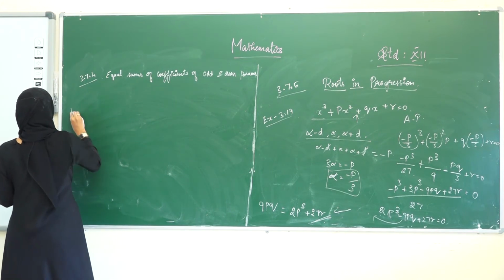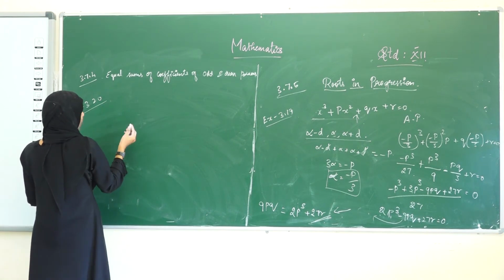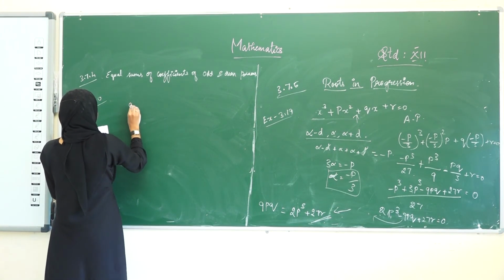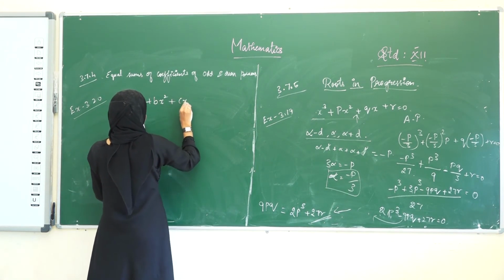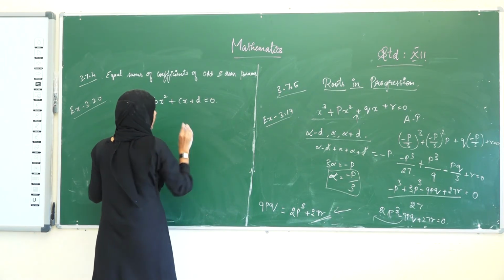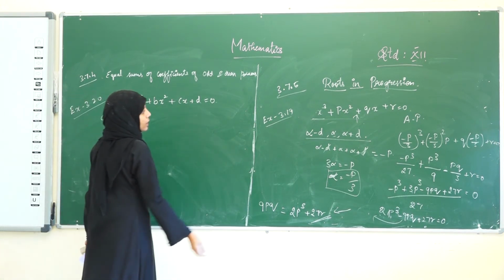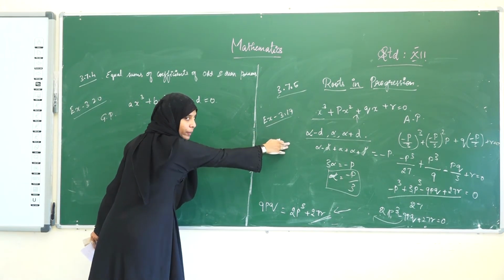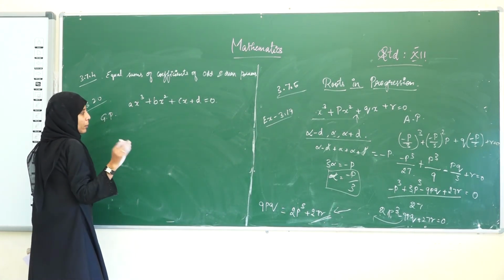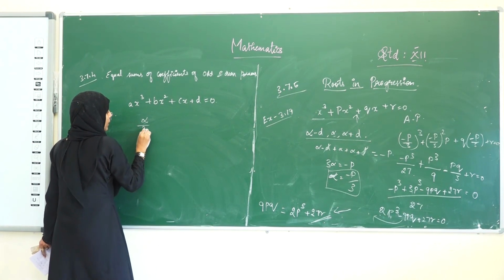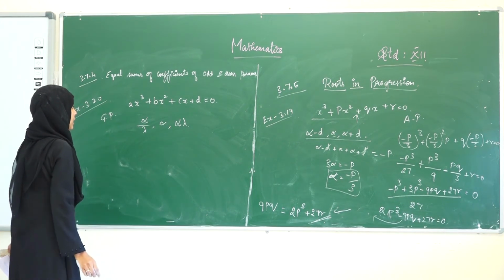See, the next example they have given is 3.20. They have given: find the condition. Again, they have asked us to find the condition of the equation ax cube plus bx square plus cx plus d equal to 0, since the roots are in GP, that is geometric progression. Since the roots are in GP, the common form is alpha divided by lambda, alpha, alpha lambda. We are going to take it like this.